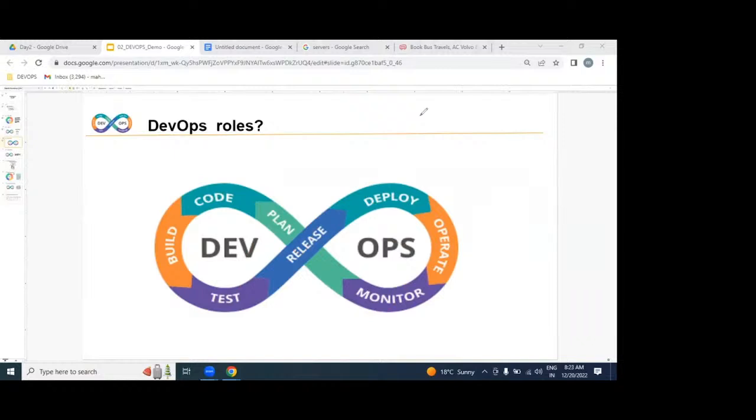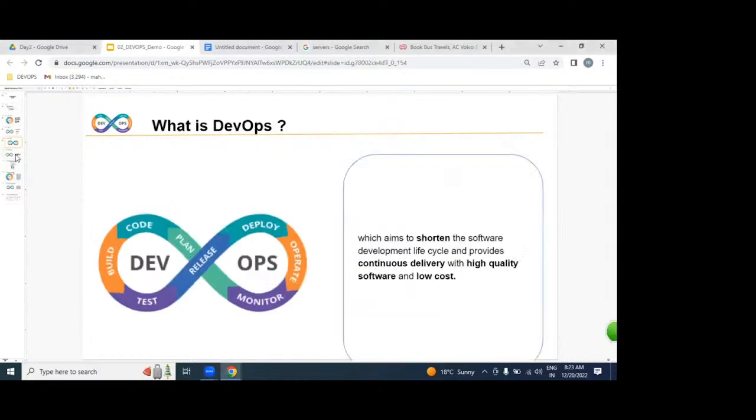That means, are we going to write any code? Are we writing any test cases? No, we are not writing any code. We are not writing any test cases. We are just going to implement an automated DevOps process from the dev environment to the production environment. That is exactly our roles and responsibilities. What did I say? What is DevOps? Is DevOps a technology, like Java, .NET, Python? No. DevOps is a process which you implement from the dev environment to operation.